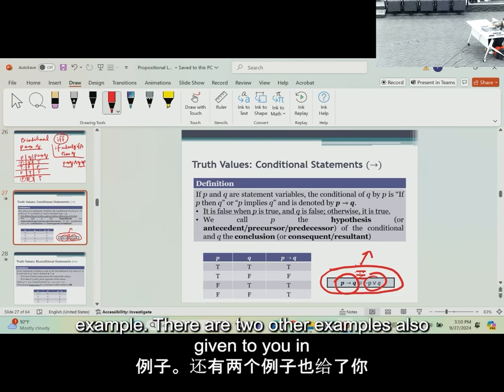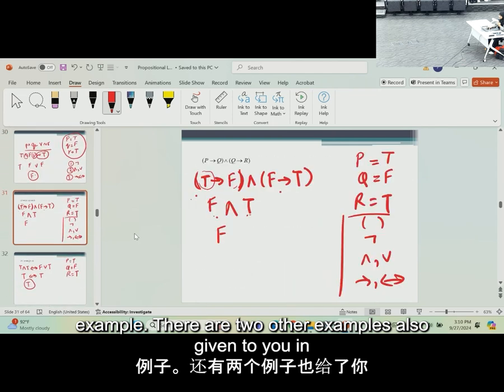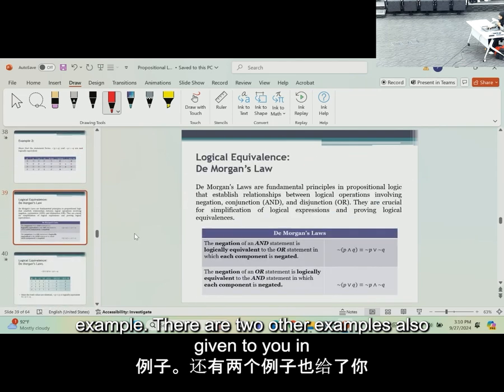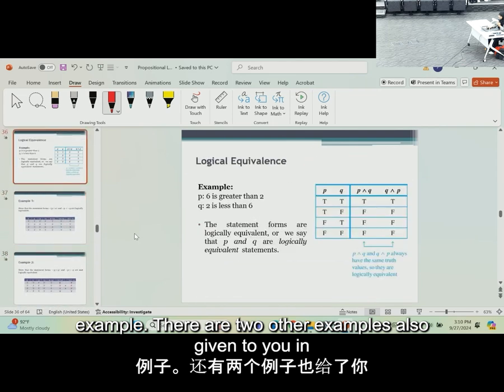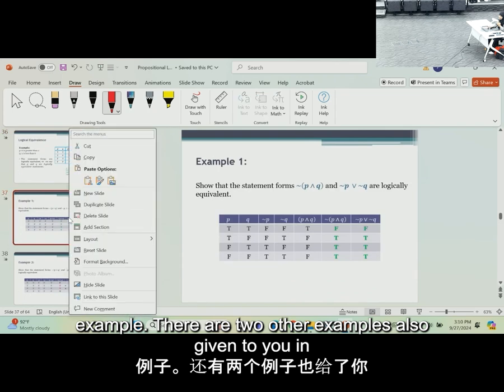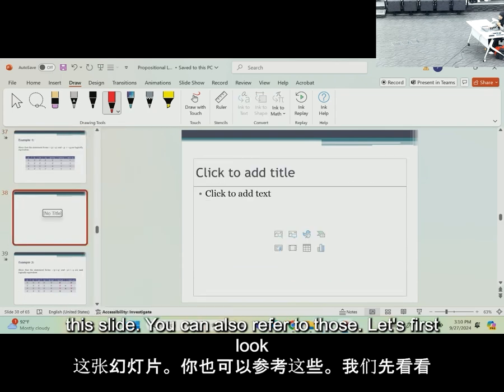Okay, so we will take this example. There are two other examples also given to you in the slides. You can also refer to those. Let's first